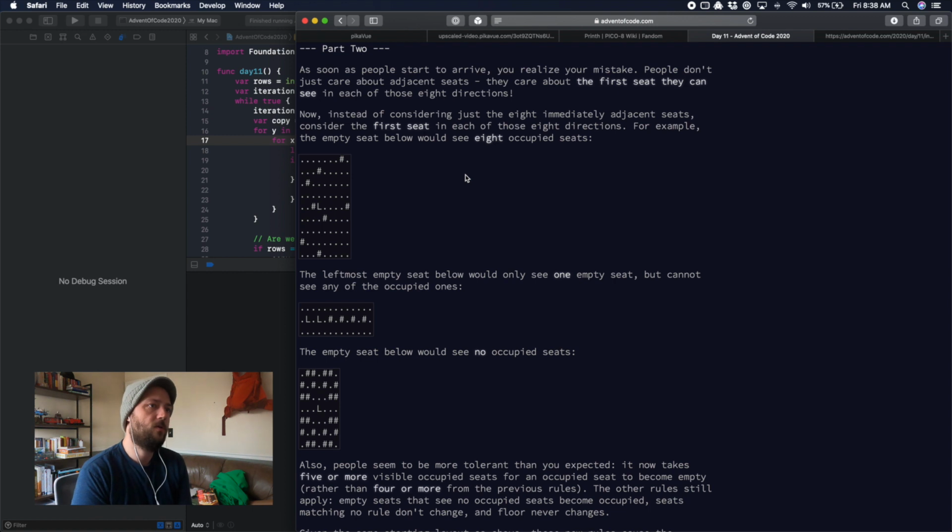As soon as people start to arrive, you realize your mistake. People don't just care about adjacent seats. They care about the first seat they can see in each of those 8 directions. Now, instead of considering just the 8 immediately adjacent seats, consider the first seat in each of those 8 directions. For example, the empty seat in this chart would see